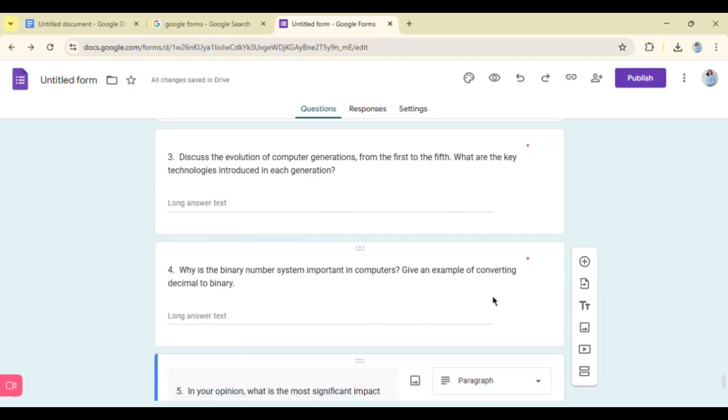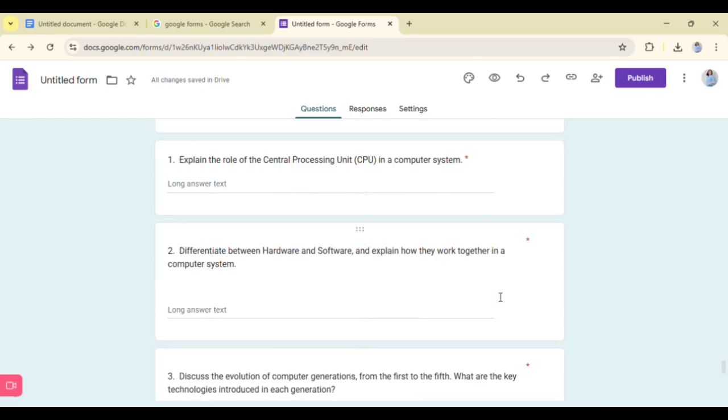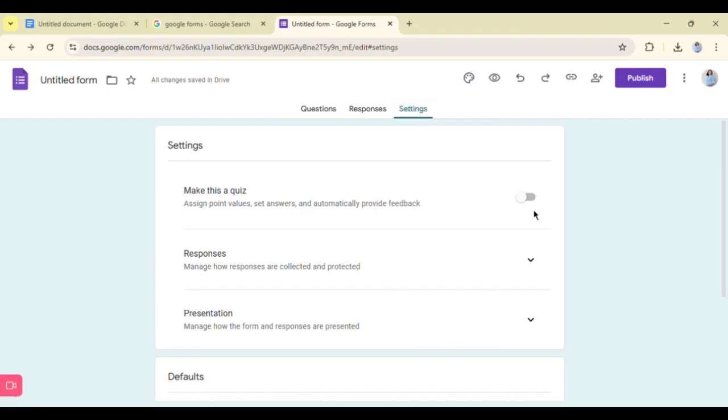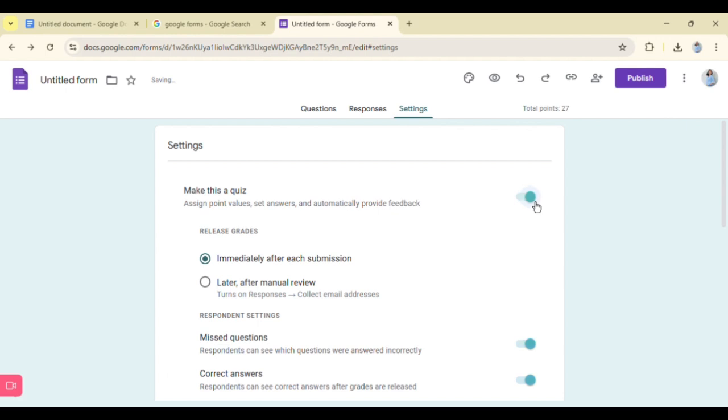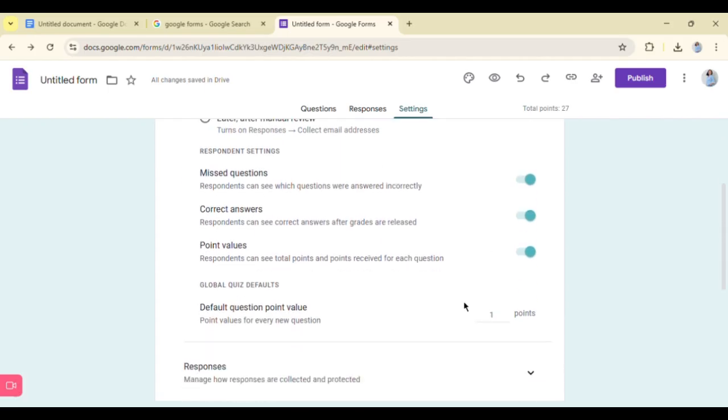Now, after you input all the questions in all 3 tests, in order for the students to have an answer key, all you have to do is click settings and then click make this a quiz, with release immediately after each submission, and that's it.